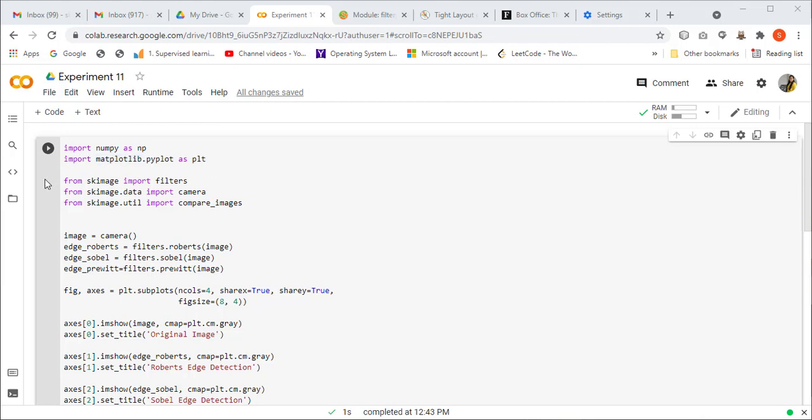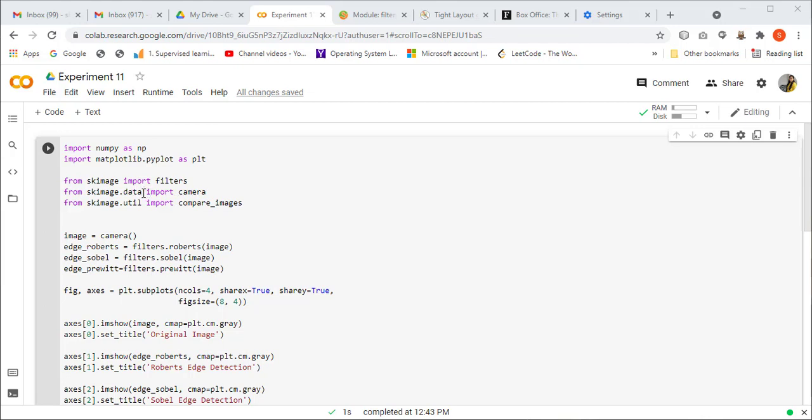The new packages that we are going to use in this particular experiment are related to skimage. The skimage package is where all the image processing and computer vision filters and functionalities are present. From this package we are going to import three things. First is filters, for the different filters that we want to apply to the image.